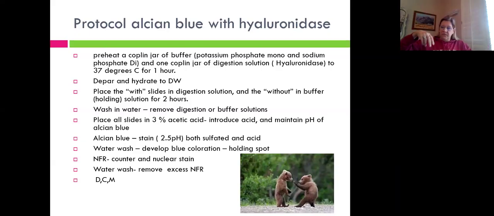Then drop the slides that are going to be digested into the hyaluronidase, and take all of your other slides and put them in your buffer. Turn on your water bath,